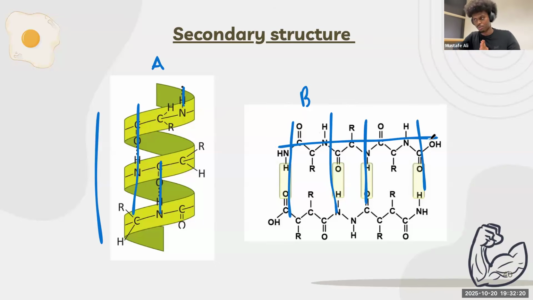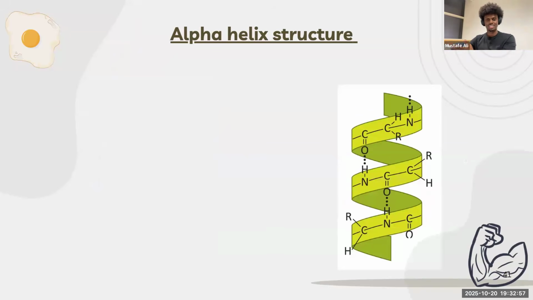So, to repeat one more time, the reason alpha helices form this structure is because the hydrogen bonds that form in the peptide backbone are parallel to the peptide backbone itself. If this is the peptide backbone, the hydrogen bonds form in this direction, which gives off this twirly structure. Whilst for beta-pleated sheets, the hydrogen bonds that form are perpendicular to the peptide backbone, so it forms these sheet-like structures. We'll get into them in more detail in separate slides.